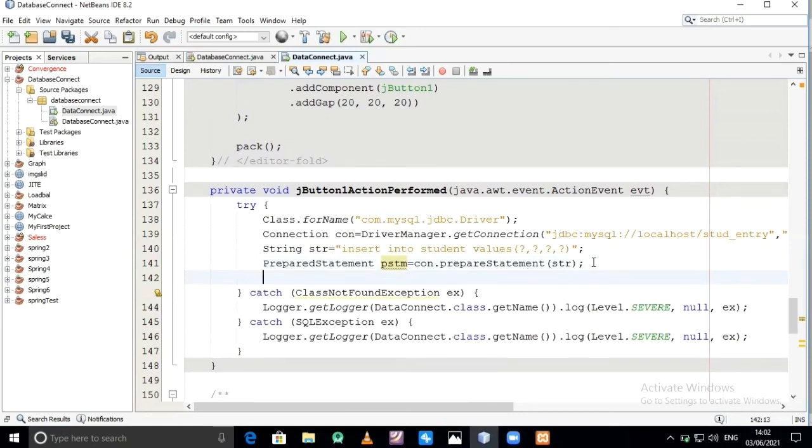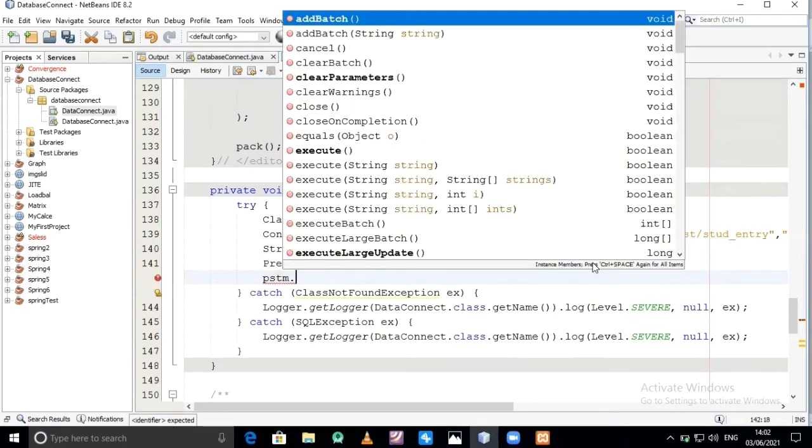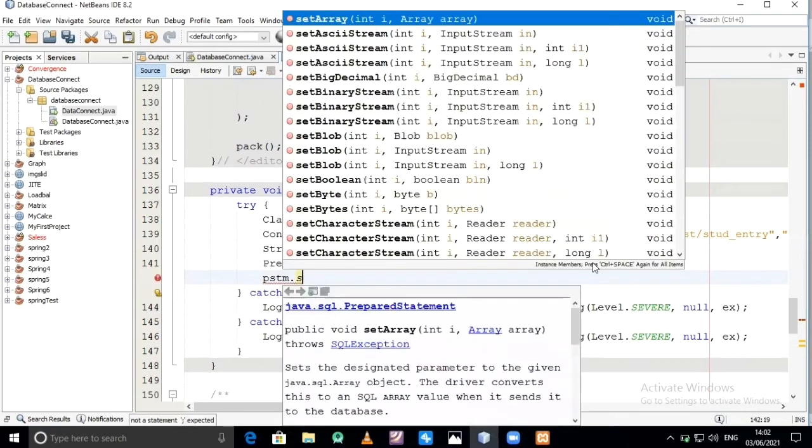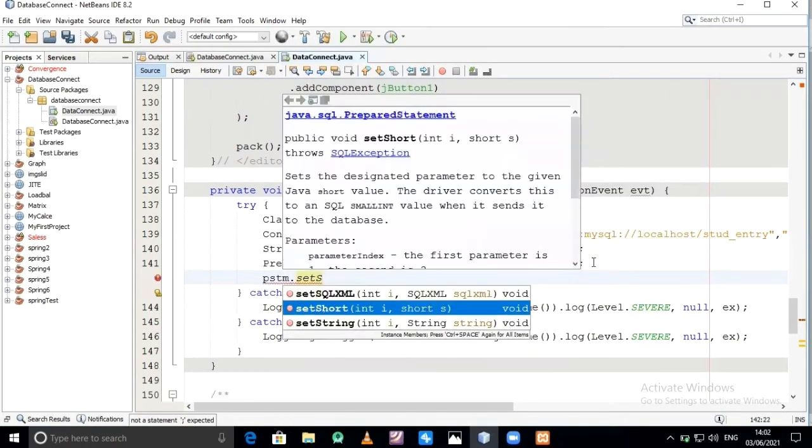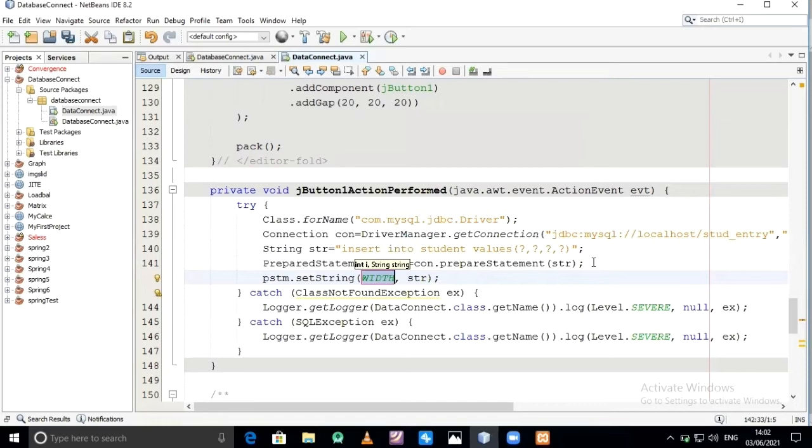Our statement is prepared. Now, how many values are we going to store into the table? For that, we have to write a statement: PSTM.setString. So this is the first parameter.